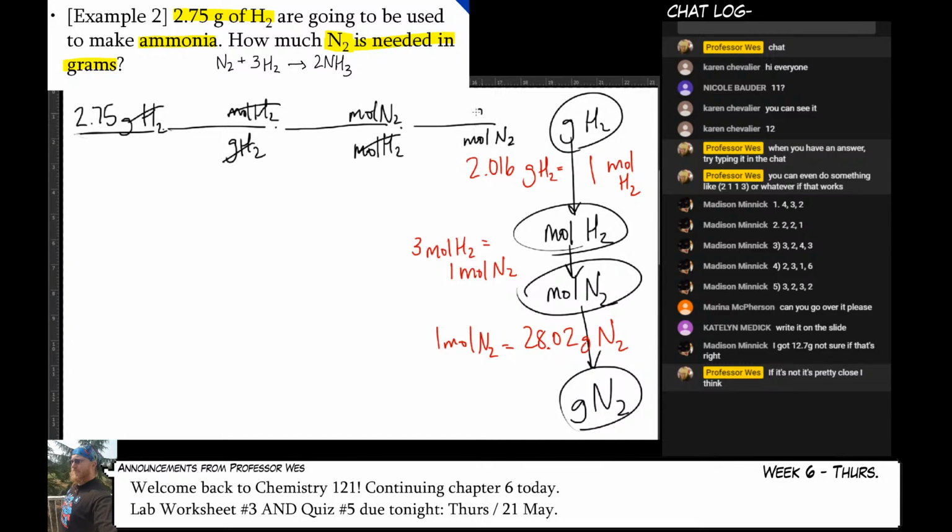Then I'll turn moles into grams of N2. And then we'll just run the numbers. So we'll just put in the numbers that we wrote from those relationships. This was 3 to 1. This was 28.02. Now when I punch it all in the calculator,